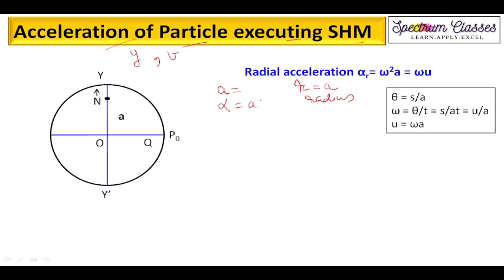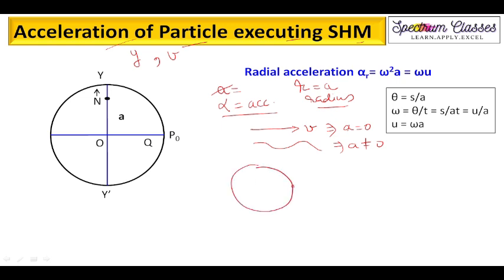and alpha is acceleration. As we know that if a particle is moving with uniform velocity, its acceleration is zero. And if it is continuously changing its direction, then acceleration is not equal to zero. Here, the particle is moving in a circle with uniform velocity, but its direction is continuously changing, as you can see here. Therefore, its acceleration is not equal to zero. And this velocity is defined by the tangential lines, which we have discussed in detail in our previous video.